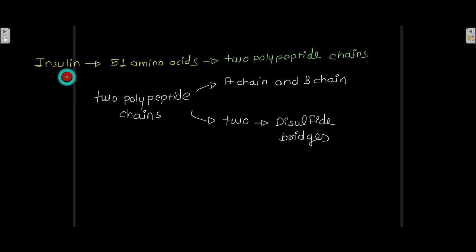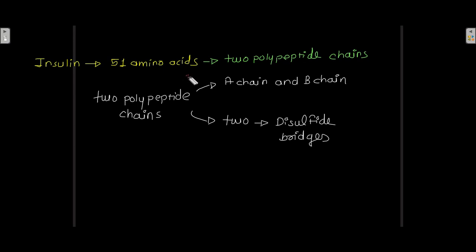Now, this insulin is composed of 51 amino acids, and these 51 amino acids are arranged in two polypeptide chains, which are referred to as A chain and B chain. These two polypeptide chains of insulin are linked by two disulfide bridges. So there are two disulfide bridges between the A chain and B chain of the insulin, which is composed of